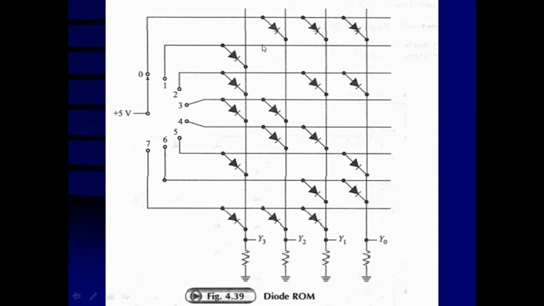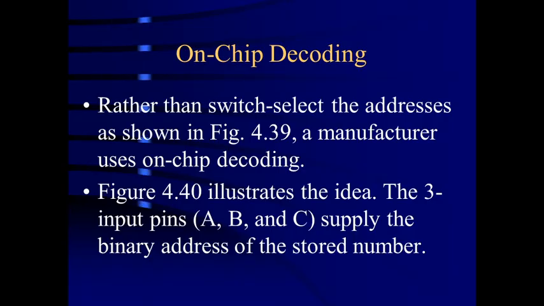A diode has to be connected from here to this line, and a diode has to be connected from this to this line. That means here this diode will not be connected. So 0 1 1 1 will be stored at location 1, and that way, whatever data you want to store, that is your predetermined data. Accordingly, this diode configuration has to be made in the diode row.